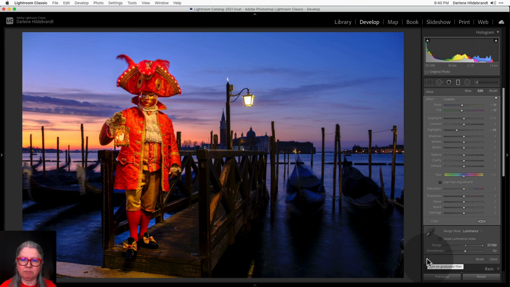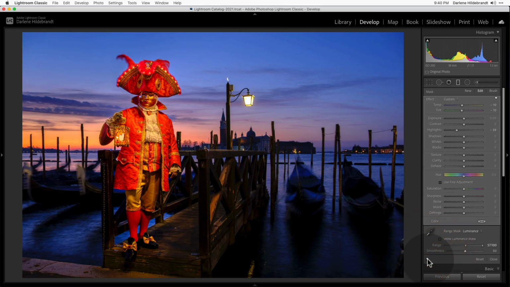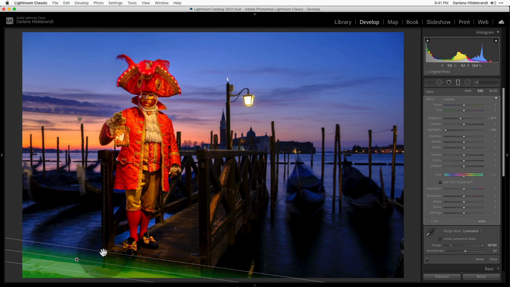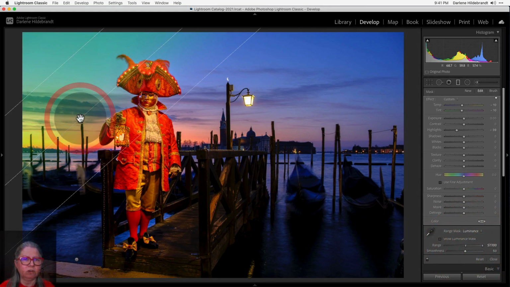In this last example, you can see the image before I've applied the graduated filters and after. So I did the same thing here where I darkened the sidewalk and applied a luminance mask, so it only applied to the light areas. I can bring that up a little more so it's not on the water. So see how it's only applying to the sidewalk. And I also applied one over here to the